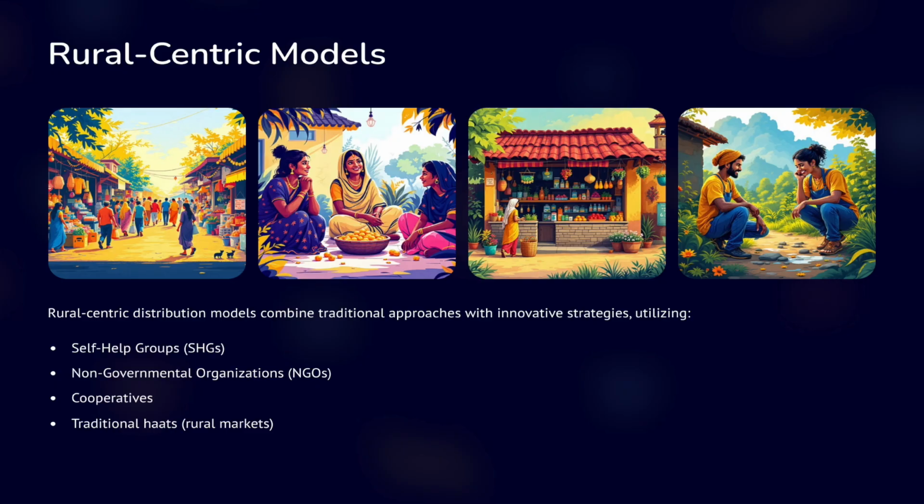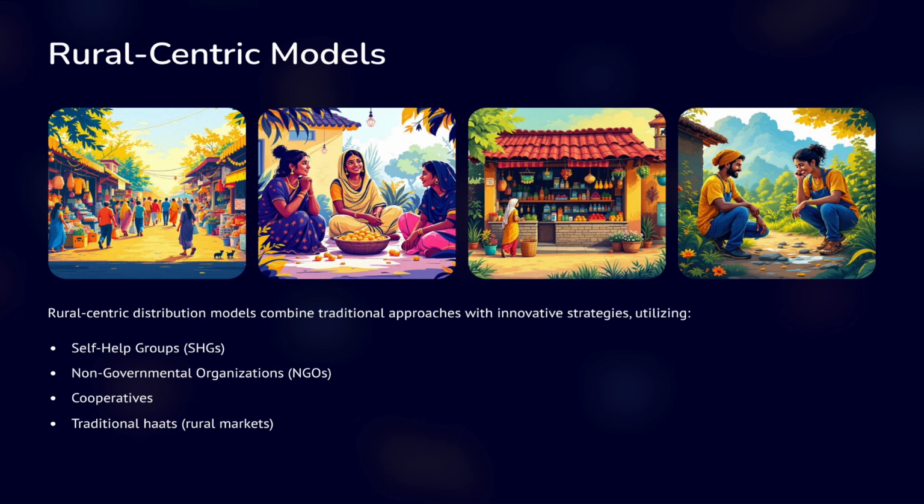As more companies try to enter rural markets, they are coming up with new and low-cost ways to reach remote areas. This has led to the creation of rural focused distribution models. To make this model work, it is important to learn from old systems like village markets, haats, mobile traders and the public distribution system. At the same time, companies need to use the available support in villages like self-help groups,